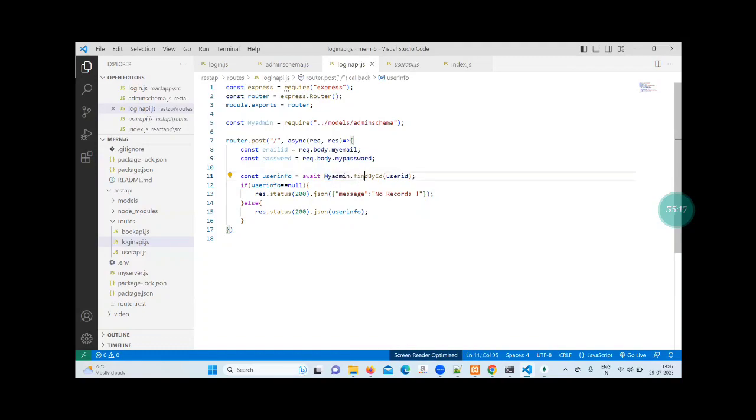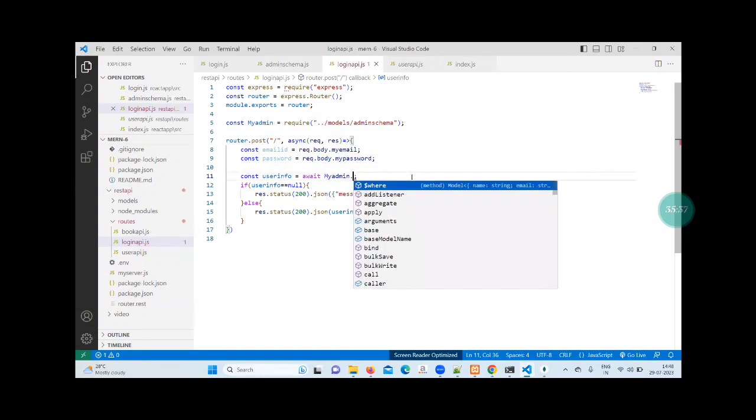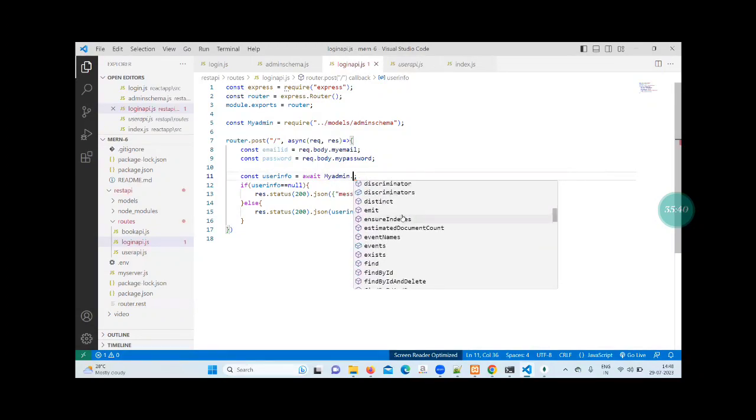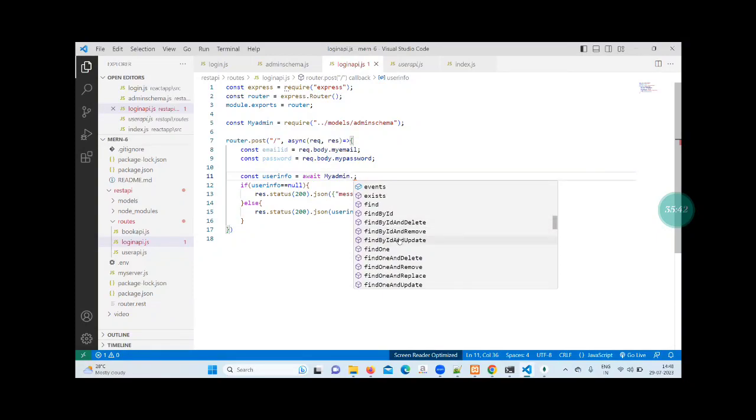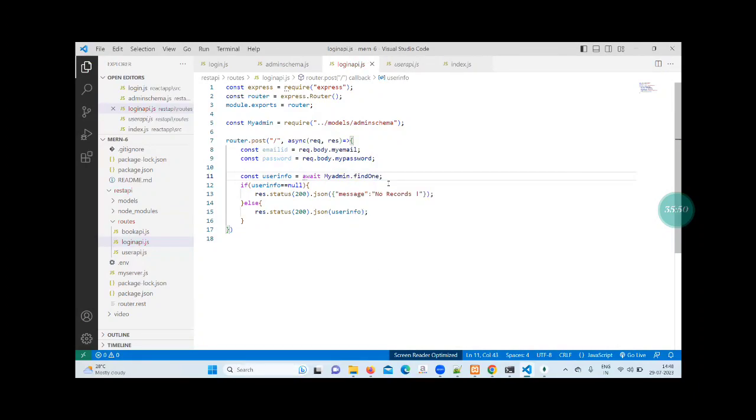So we'll use here my admin dot find. User info equals await my admin dot find. Find by ID we will not mention here; we have to mention something else. Admin dot find by ID, find by ID and delete, remove, find one. So we have to use find one here, and in that we need to pass